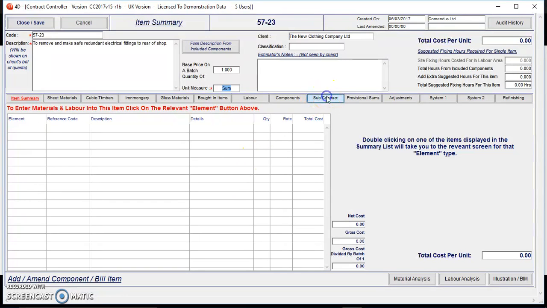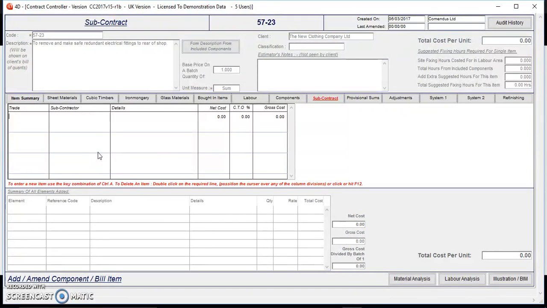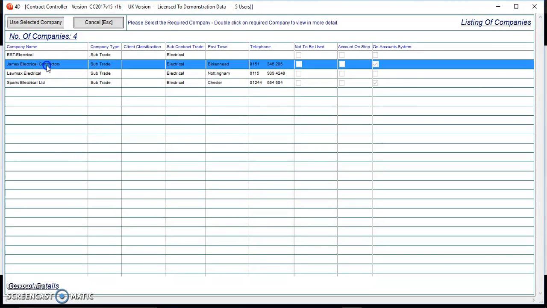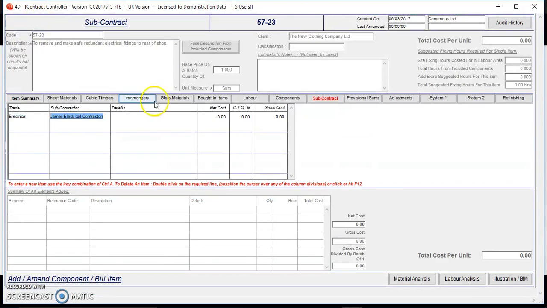So I go to my subcontract tab, get a new line within there, and then I either locate the company by trade or by his name, but we'll say show me any trade that we've got that's classed as electrical. So we'll select James Electrical Contractors. Terms as per quotation reference XYZ. Dated. And then his price, so let's say he wanted £750 to do that element,